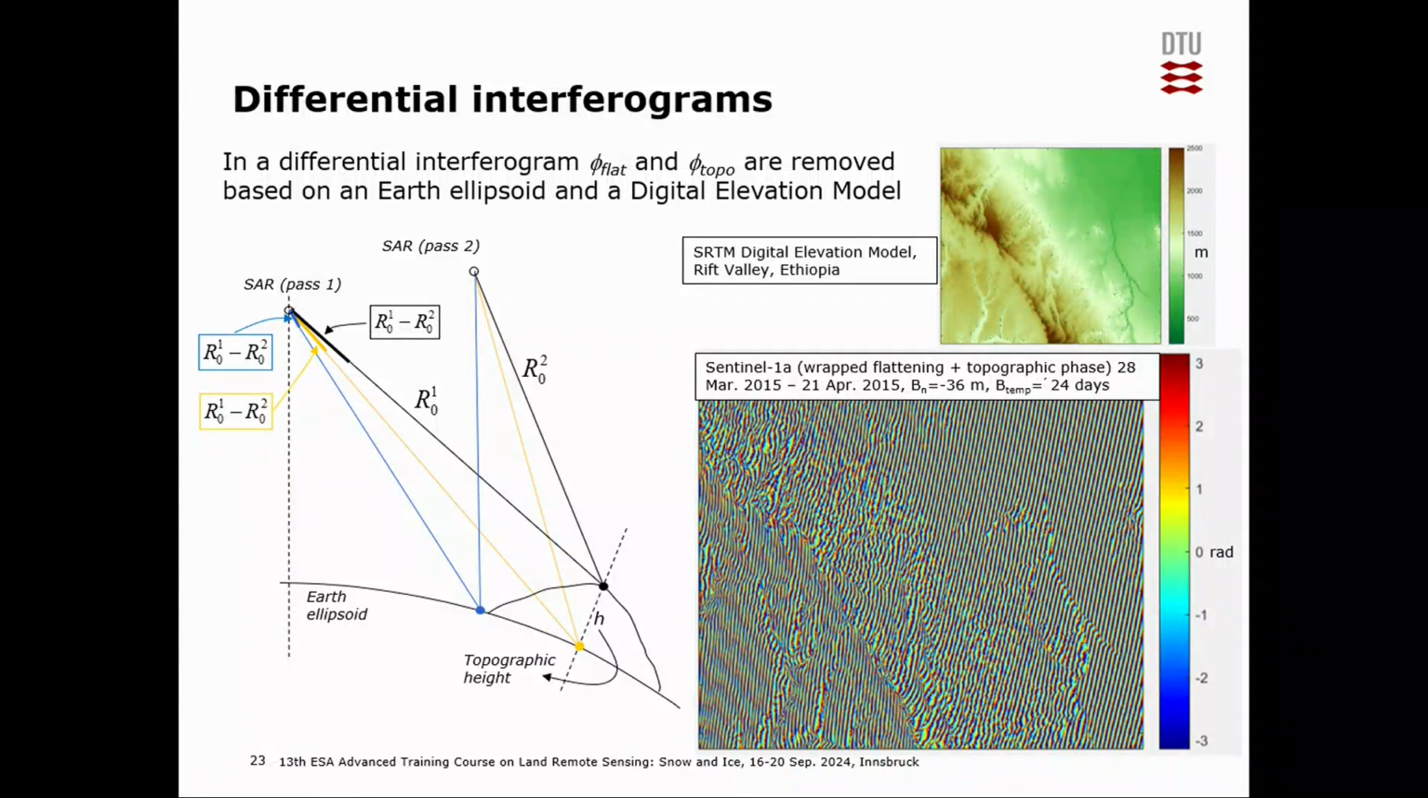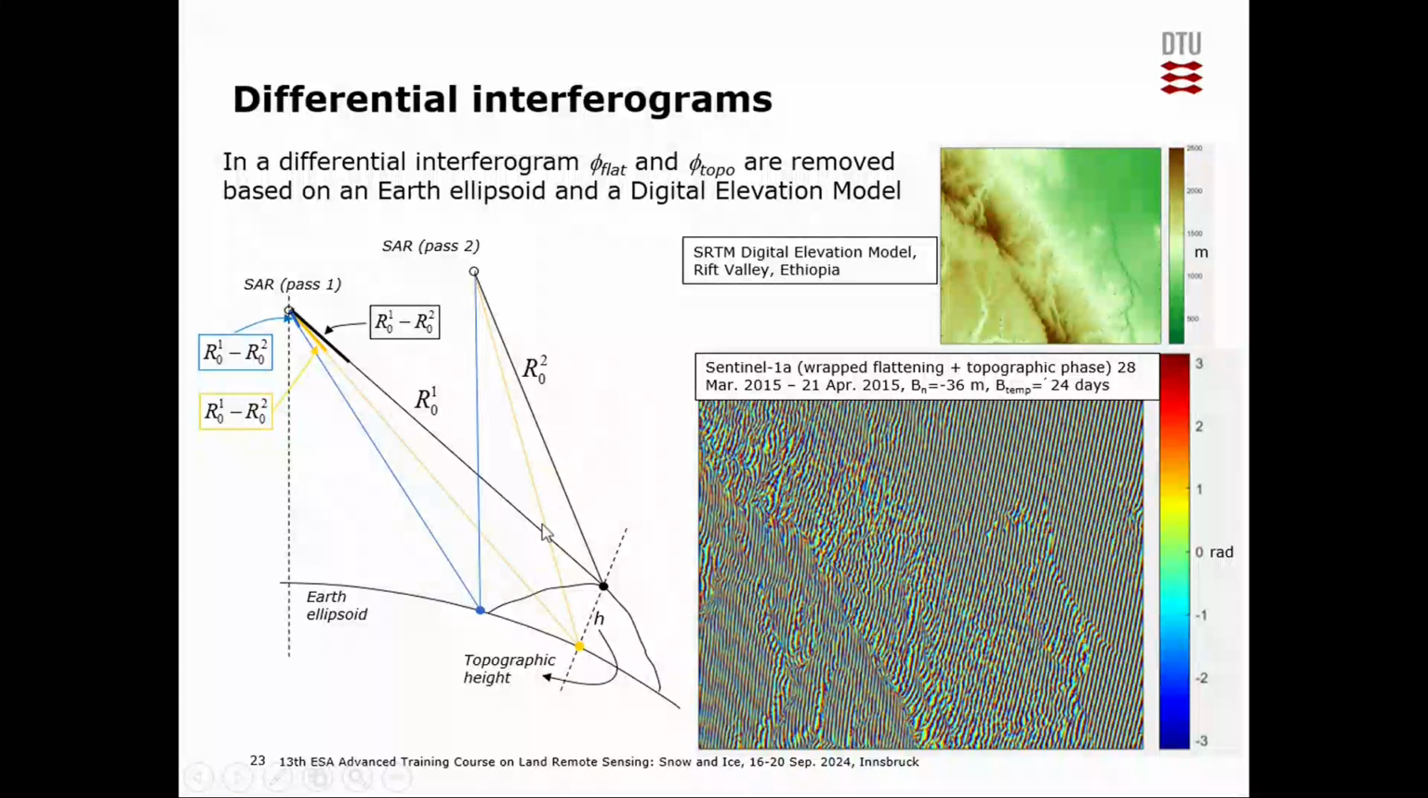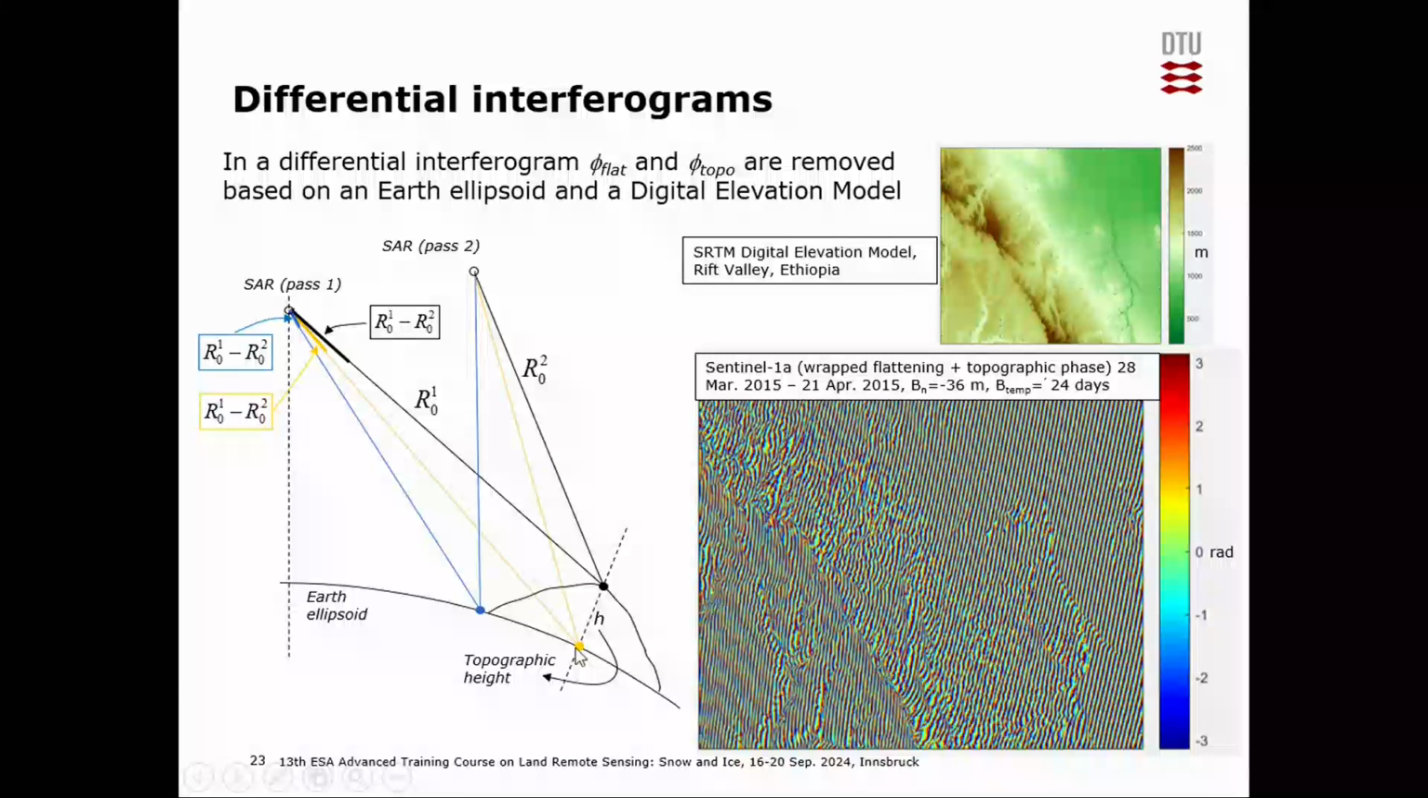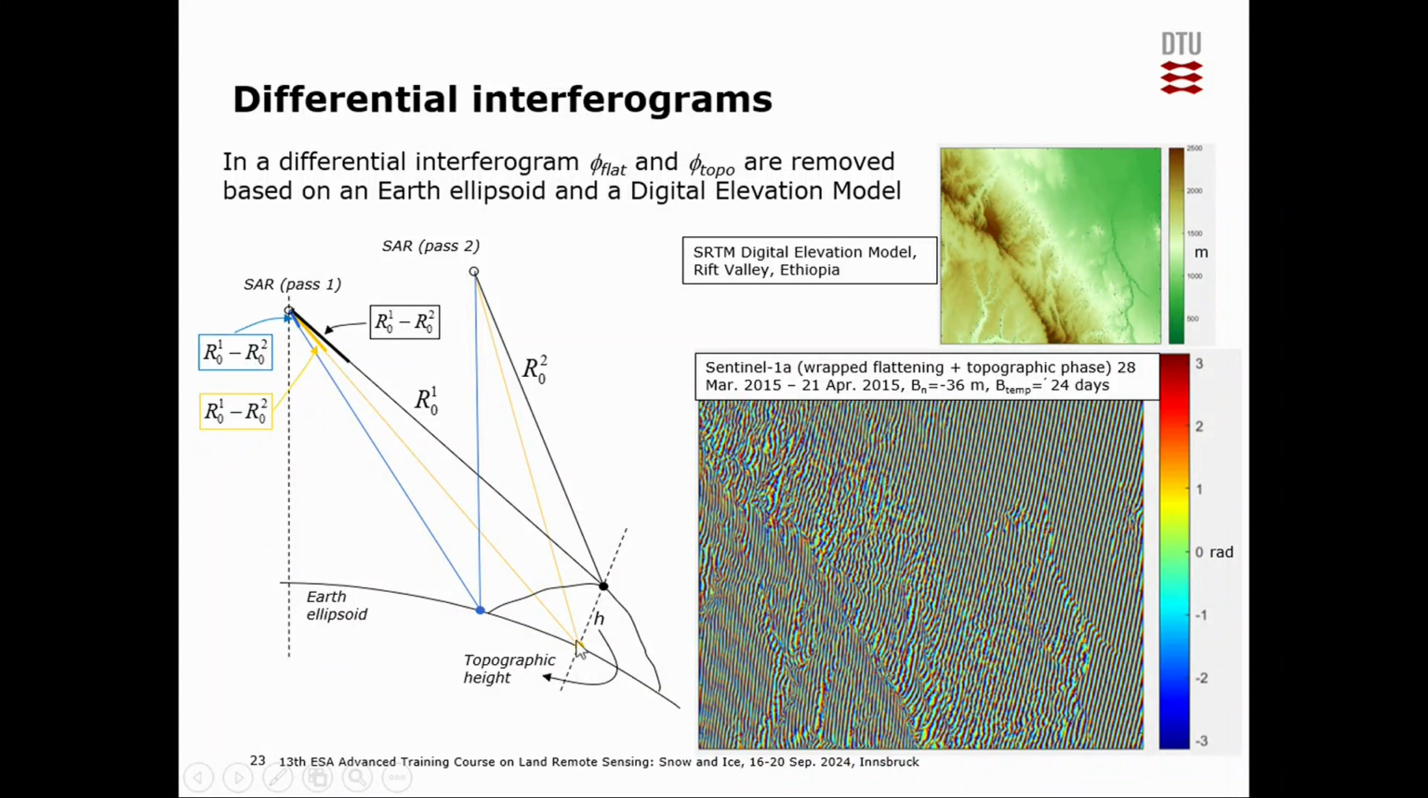Let's have a look at this R01 minus R02. What causes differences in that? We said it's not just motion. So there are these two terms, the so-called flattening and the so-called topographic phase, which cause changes to this deterministic term. So if I have this blue pixel on the Earth ellipsoid and a yellow pixel on another point on the Earth ellipsoid,